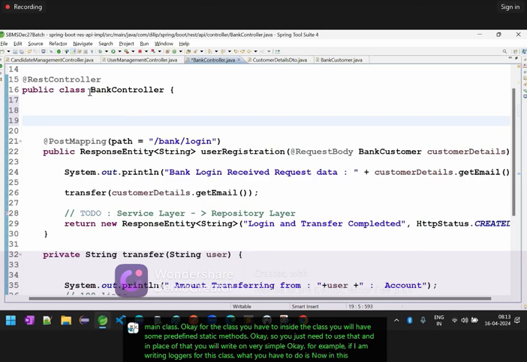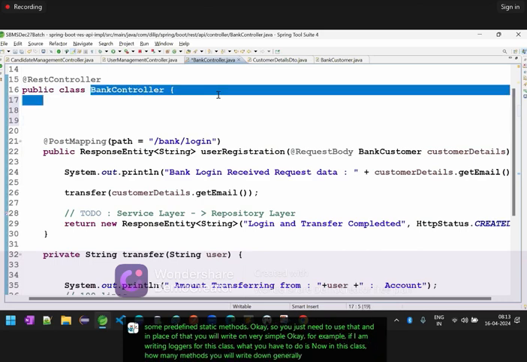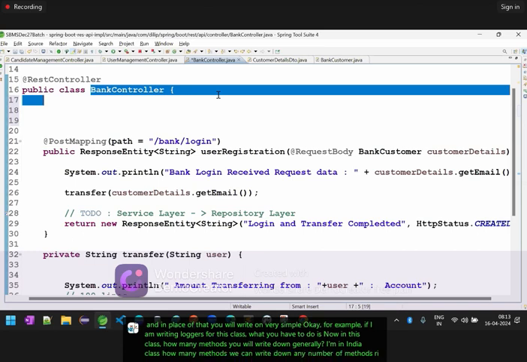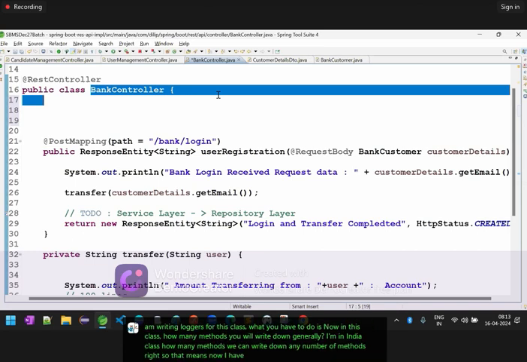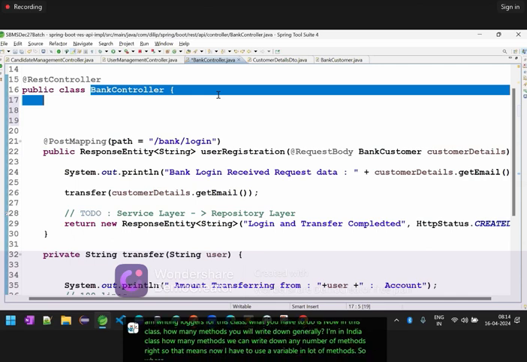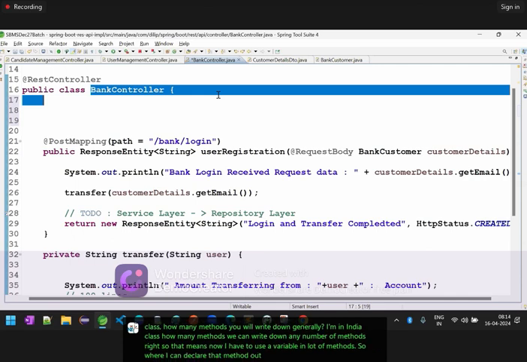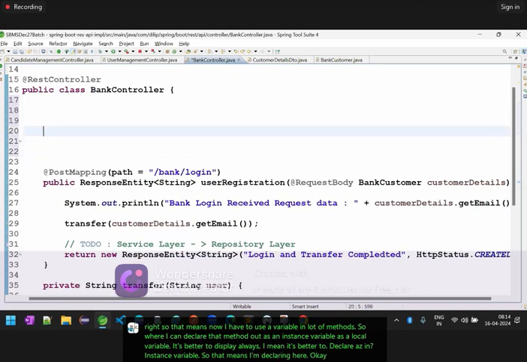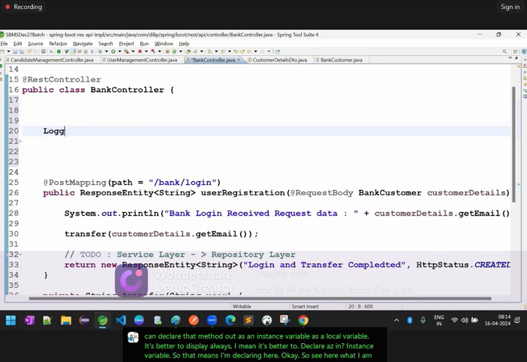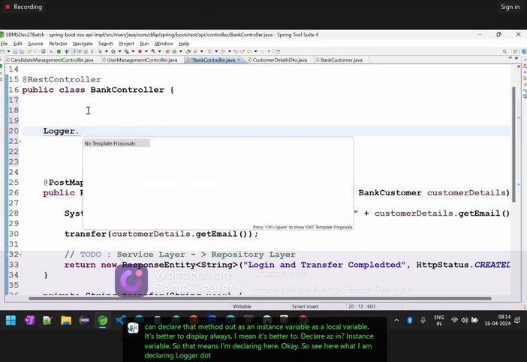For example, if I am writing loggers for this class, how many methods will you generally write in a class? We can write any number of methods, right? So now I have to use a variable in a lot of methods. Where should I declare it, as an instance variable or a local variable? It's better to declare it as an instance variable. So I'm declaring it here. See what I'm declaring: Logger dot